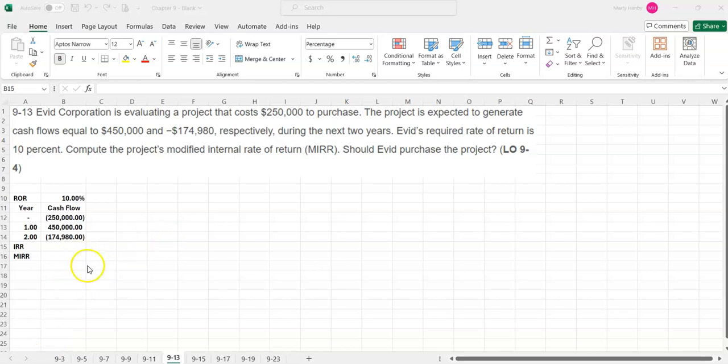Okay, so this problem is an internal rate of return and modified internal rate of return calculation. The modified internal rate of return was designed to correct a couple of flaws in the internal rate of return. Internal rate of return assumes that we can reinvest at that rate, which may or may not be realistic. And then it also,